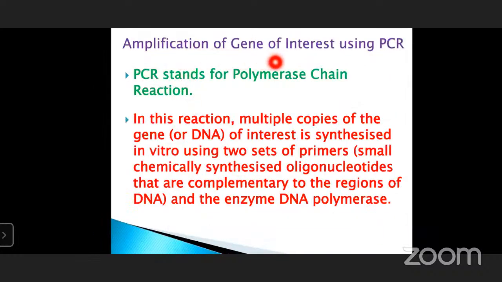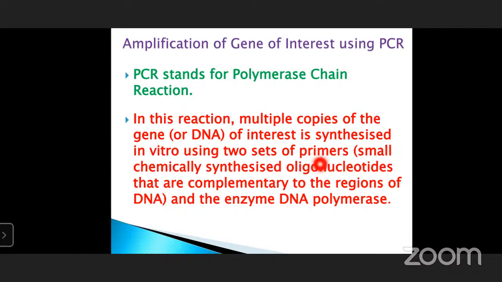Next, amplification of gene of interest using PCR. PCR stands for polymerase chain reaction. Amplification of gene of interest means multiplication of the desirable gene. In this reaction, multiple copies of the gene or DNA of interest, nothing but the gene with desirable genes, are multiplied by a technique known as PCR, polymerase chain reaction, in vitro using two sets of